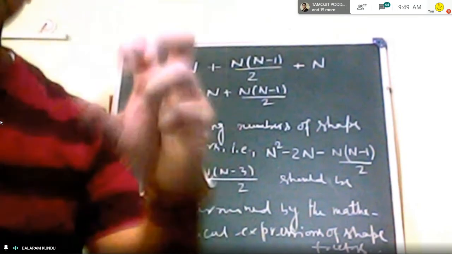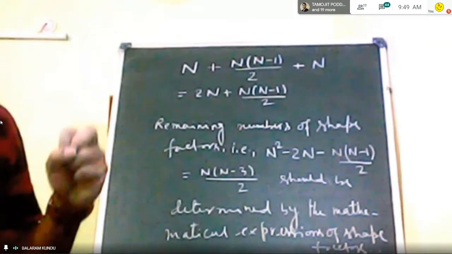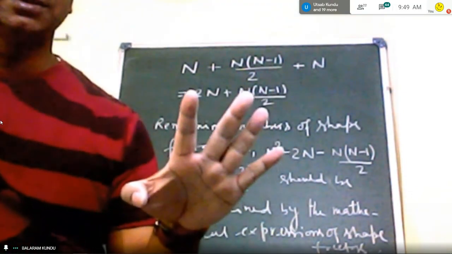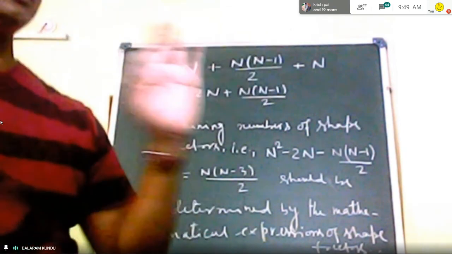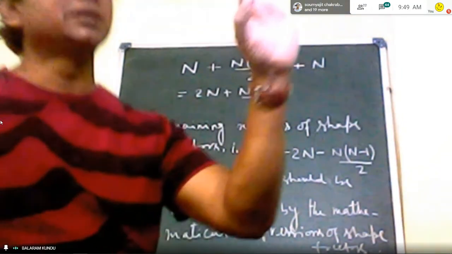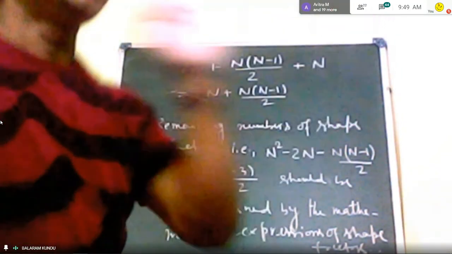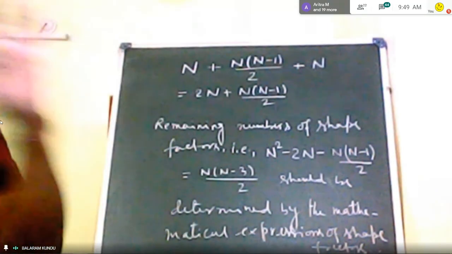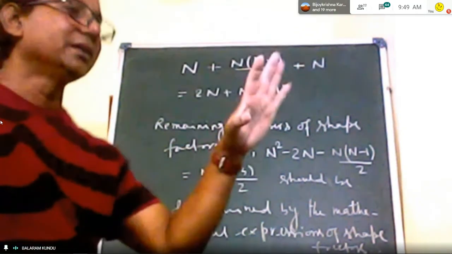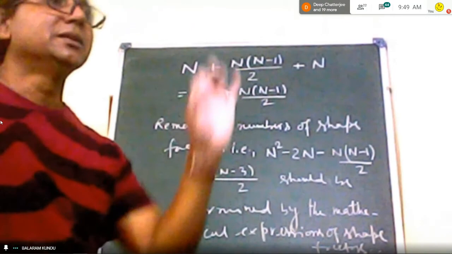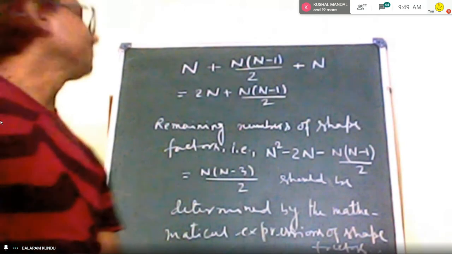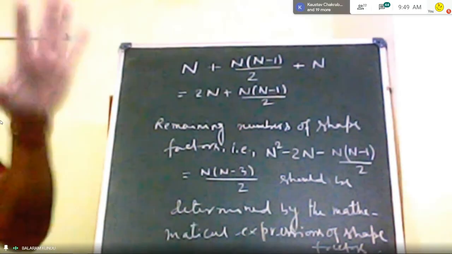Okay, but how this shape factor or how many shape factor will be determined by using the mathematical expression of shape factor. Okay, already we have mentioned the shape factors have three properties. So one is summation rule, another one the reciprocity rule or reciprocity relationship, and third one is the shape factor algebra. So combining one and two properties, the shape factor algebra expression is possible to obtain. Now just consider two properties.